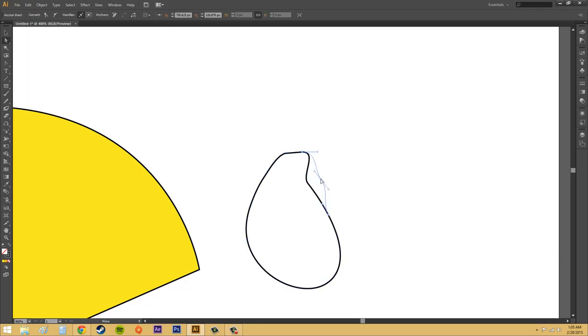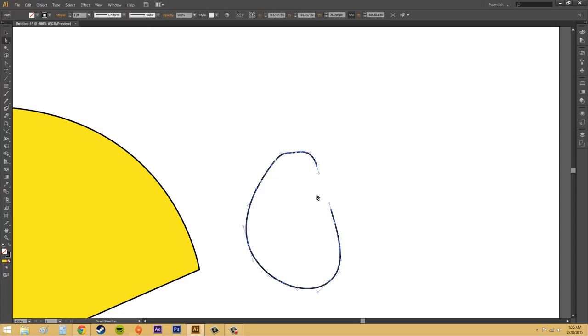Okay. We'll try to move these out so they look a little bit alike. And now let's try our Smooth tool again. Now we're getting somewhere. And I'm starting to smooth these out. And you can see how this works. It's going to just try to smooth out your shape. And it's not going to be perfect, so you're going to have to use your direct selection tool or any of your other point manipulation tools to kind of smooth this out and make it look a little better to get what you want. You might have to go in and start deleting points,